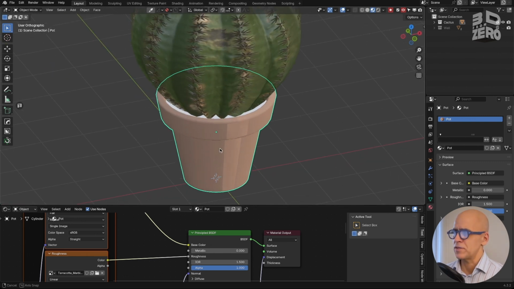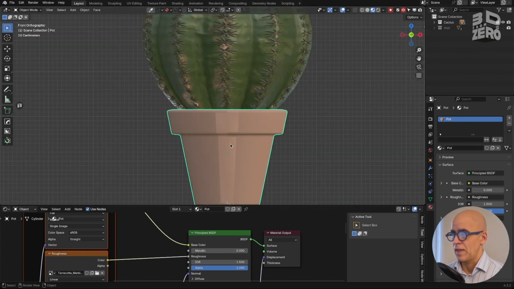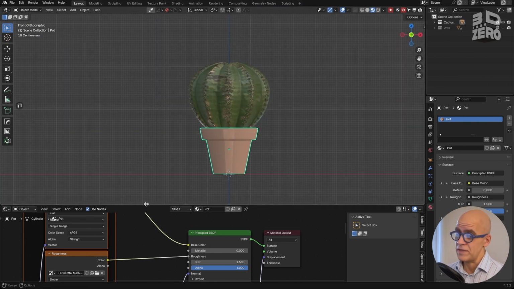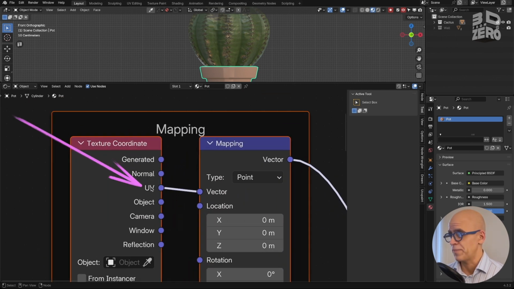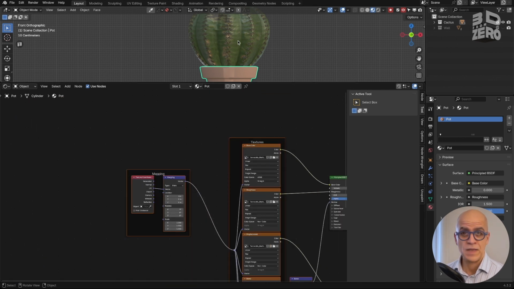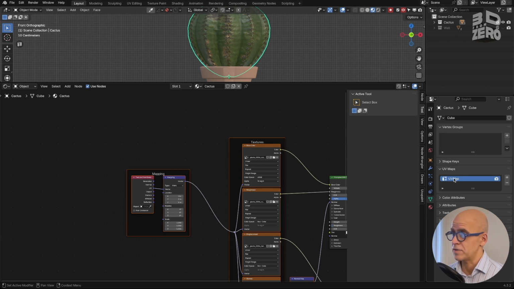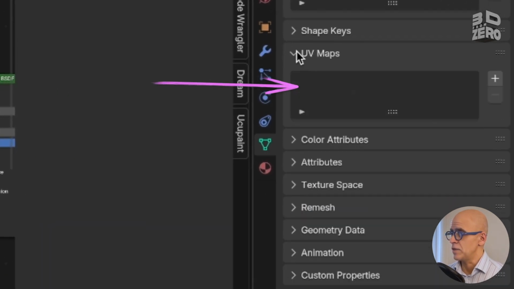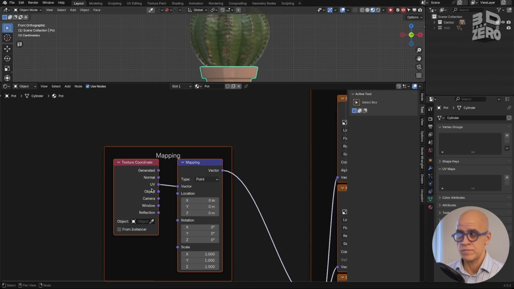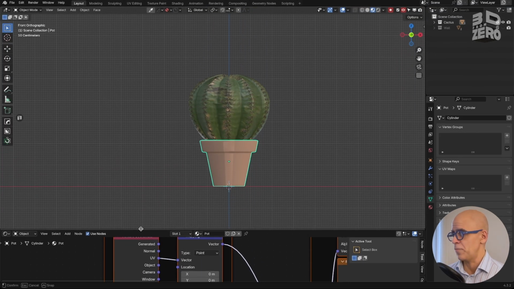Okay, that's not looking great. The reason being that this type of texture needs a UV map. As it happens, the cactus had one, but this pot, if we look in the Data Properties tab, you see under UV maps, there's nothing there,